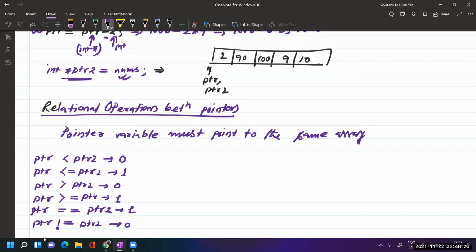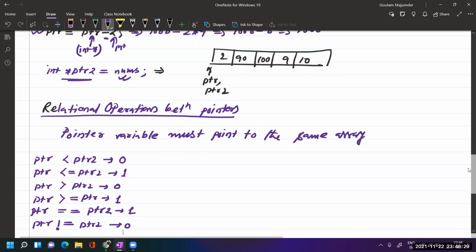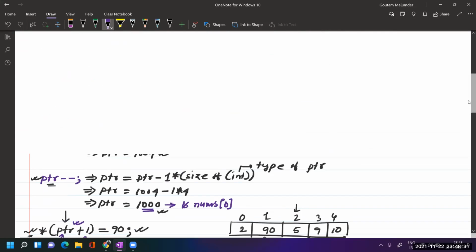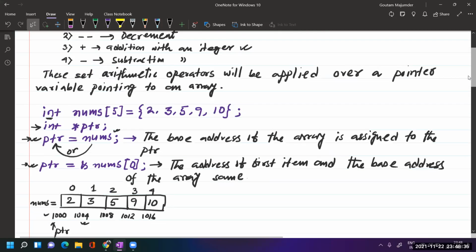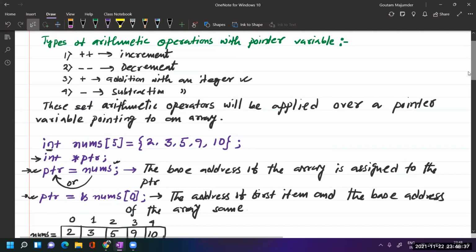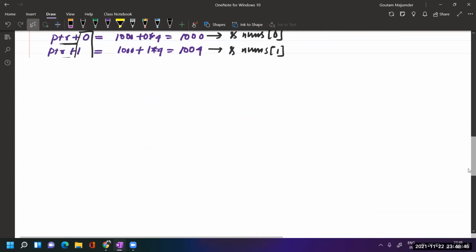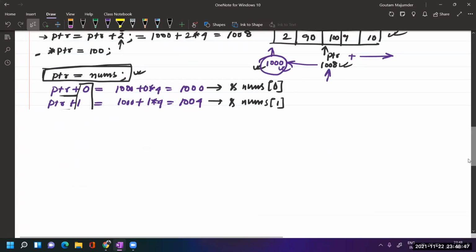I'll make a separate video on how to access a 1D array with a pointer. I hope right now it is okay for us, because I think I have covered every point: how we can apply arithmetic operators with integers and pointers. So now let us perform a few other operations. Now let us see the second one.